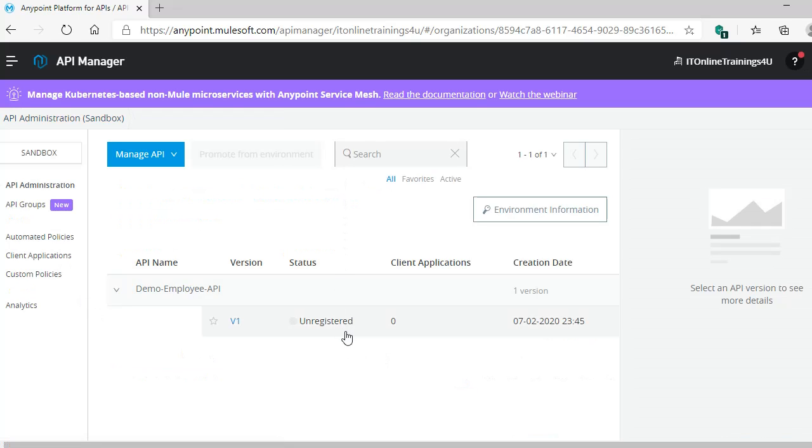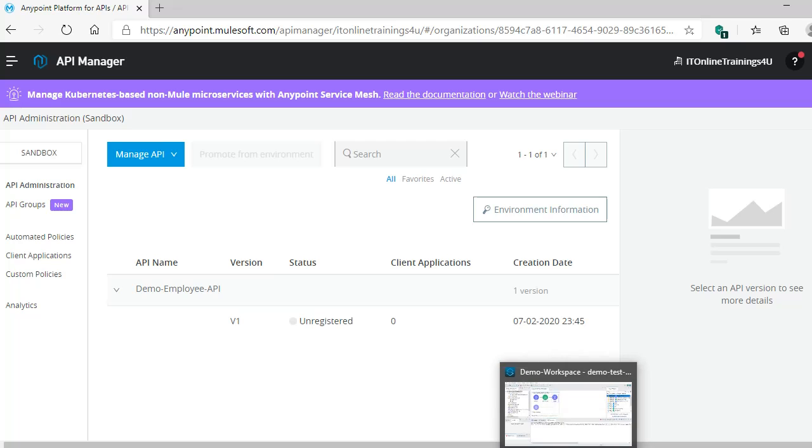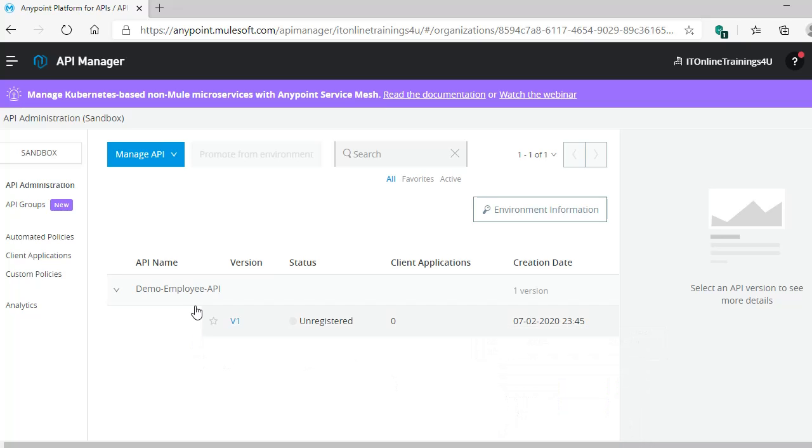Implementation is nothing but we will do some business logic, write some flows and some logic in our code. We can implement the actual code for this API. In the RAML we have just designed the API. Now we need to implement the API with the code and then deploy it in our CloudHub. Then we will apply some policies on top of it. So we will see these things end to end.